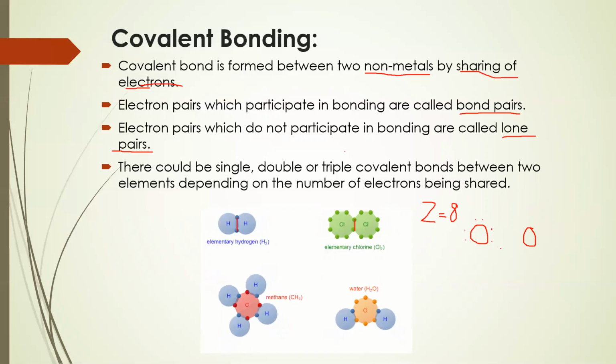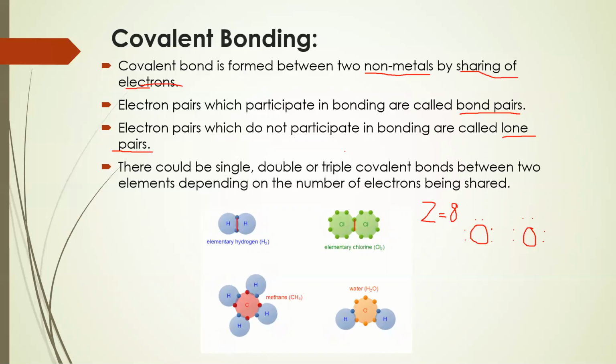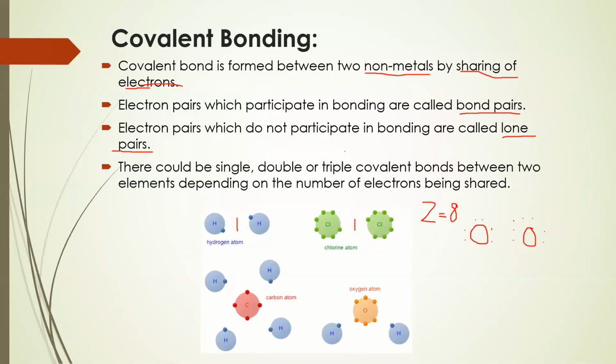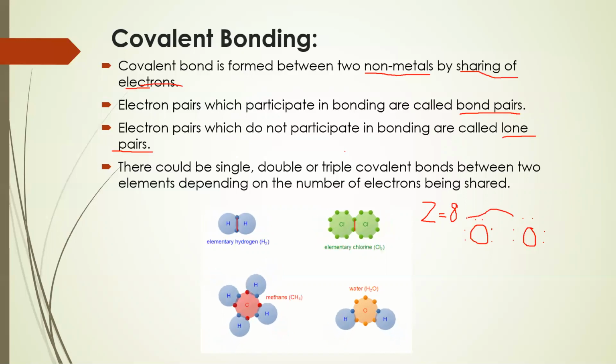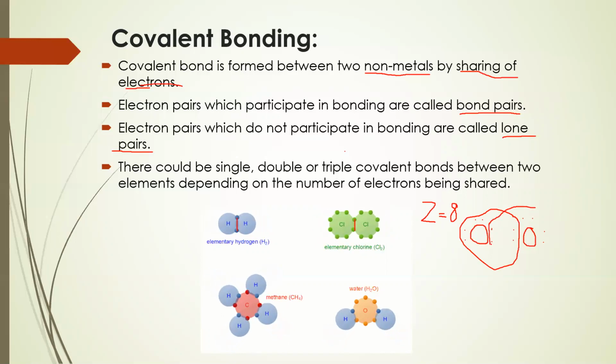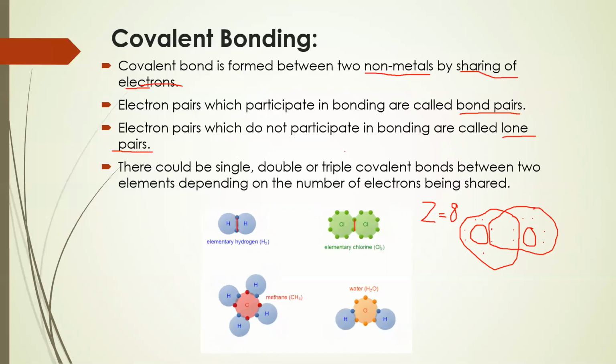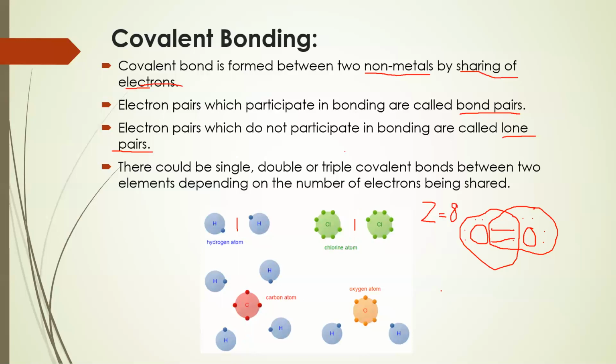As it has 6 electrons in the outermost shell, it requires only 2 more electrons to attain the octet configuration. So it will try to share 2 electrons to form the O2 molecule. We know that non-metals mainly attain their stable configuration in their molecular form. So here we have the double covalent bond. We have also seen the example of the carbon dioxide molecule, where again there is a double covalent bond.